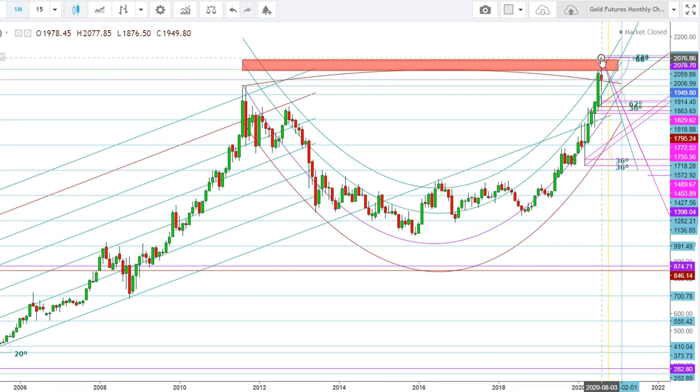Here you can see that after testing the highs of 2076, gold futures found heavy sell-off from these levels and tested the lows of $1876 in a single day. And finally on Friday, the gold futures closed the week at the levels of $1953. Now I find that the gold futures look ready to make a sharp downward move. So for this we will have to see how the gold closes the month of August.